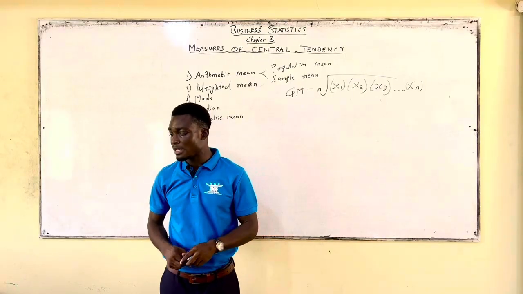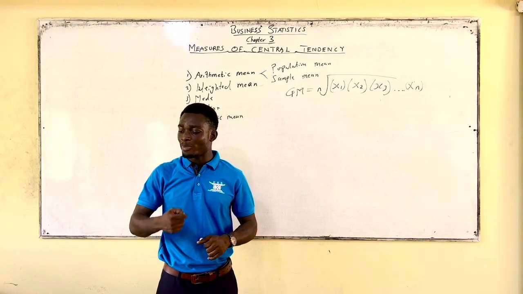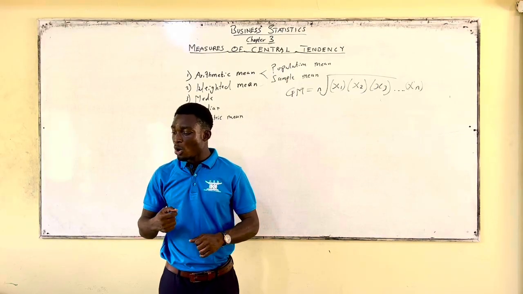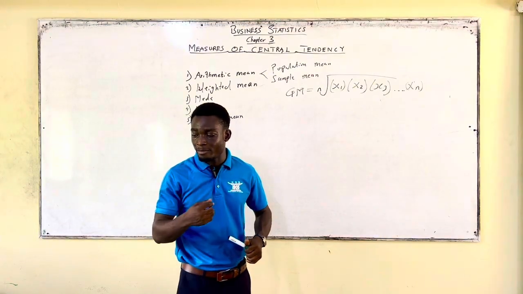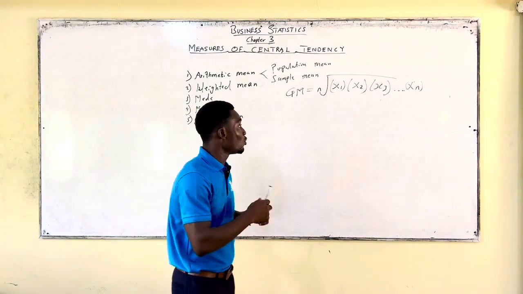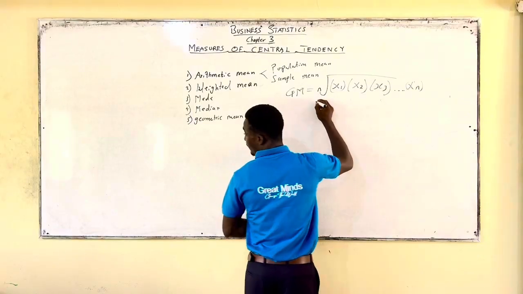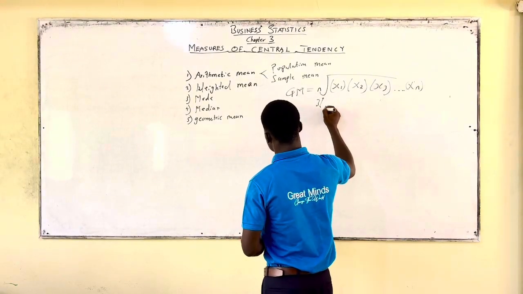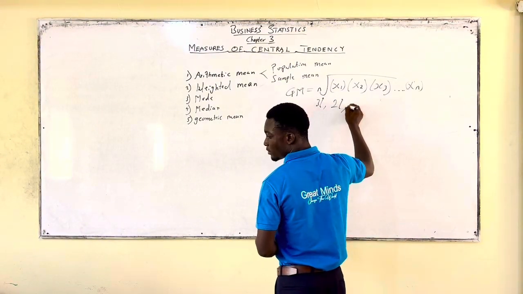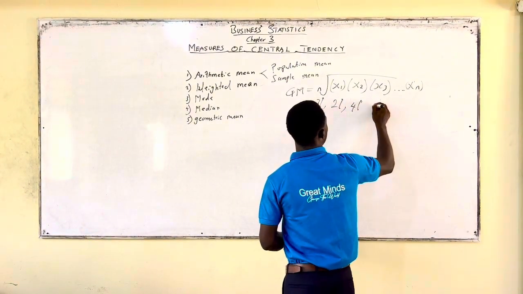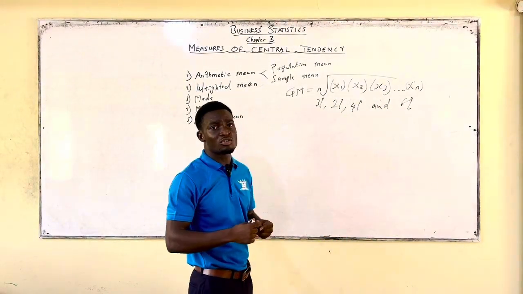The profit earned by Consa Construction Company on four recent projects were 3%, 2%, 4%, and then 6%. So if you are asked to find the geometric mean,